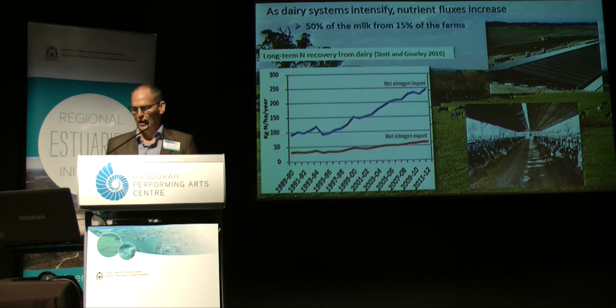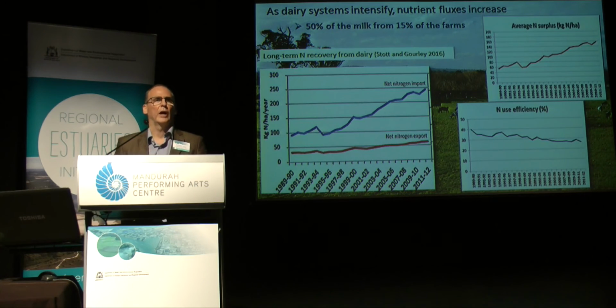So this is data over the last 22 years, and if you look at the red line on the bottom, you can see that in fact, for the industry average dairy farm, we have actually been increasing the amount of nitrogen that is recovered in product, primarily in milk exports on a per hectare basis. But this has come with substantial increases in the amount of nitrogen, and it's not just fertiliser nitrogen that's being applied there, it's also nitrogen that's being imported from all of those crops that are actually being grown elsewhere, and that extra nitrogen is being brought on board.